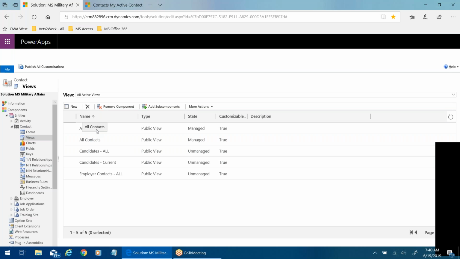Active contacts and all contacts appear to work on all contacts because they haven't been isolated yet to either an employer or a candidate. But this one here is the employer contacts all. We probably want to make an employer contacts current also. These views are, to the best of my knowledge, and like Robert said, there's always a knowledge gap, and even people that have been working with this for years will say there's a lot they still don't know,